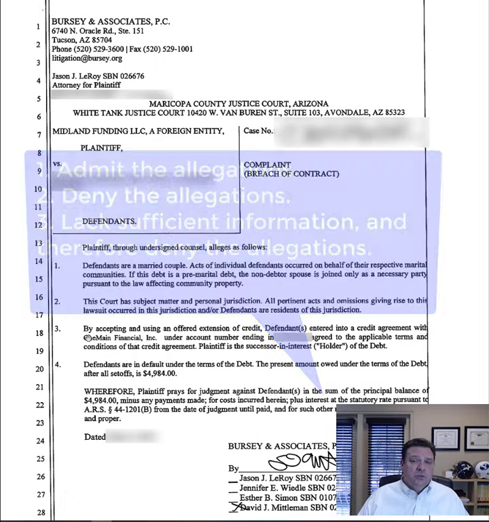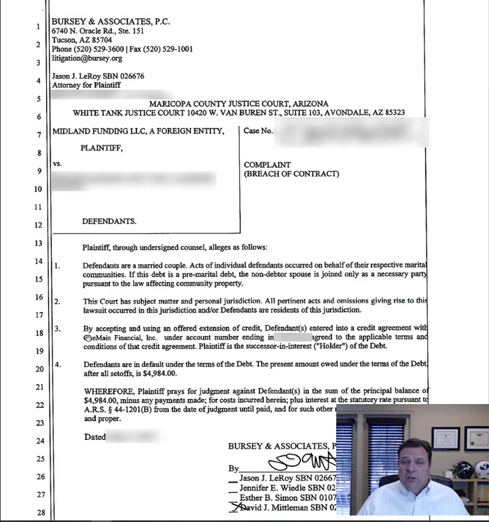Now, it's important to realize when you're filing documents with the court, you need to be accurate. You need to be truthful in your responses to this. So if they're alleging that you had an American Express account and you did, and they provide you with this specific account number and it matches the one that you had, you need to admit that. However, if there's something like this where they're providing you with just a number that you're not sure how they came up with that balance, maybe it seems much higher than anything you can remember, you can state that you deny it or that you lack sufficient information right now.